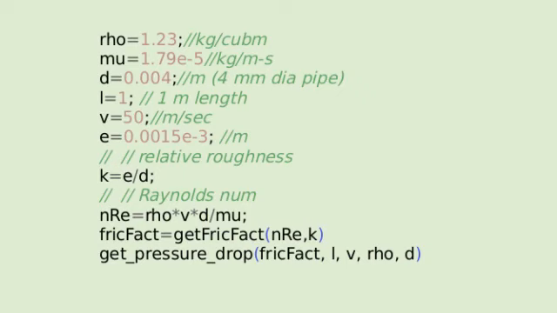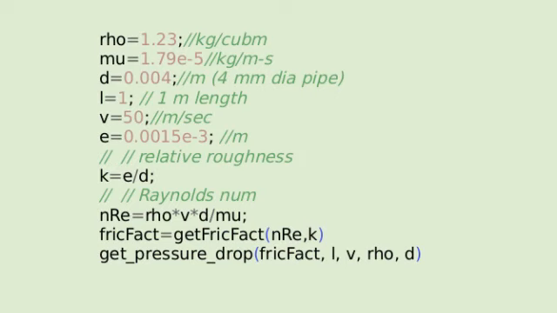Here are the various constants: density, viscosity, diameter, length, average velocity and roughness, and after that k is equal to E by d, the relative roughness. Then we calculate the Reynolds number, and then we call the function get friction factor, passing the Reynolds number and relative roughness, and this will give you the result using the Newton-Raphson method. And then get pressure drop has been called